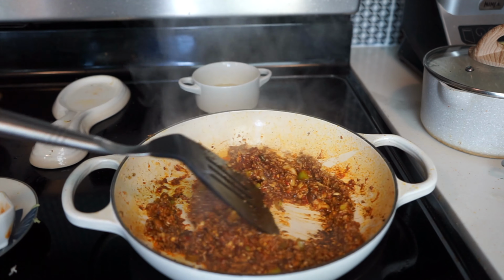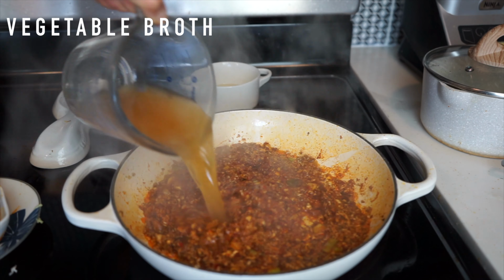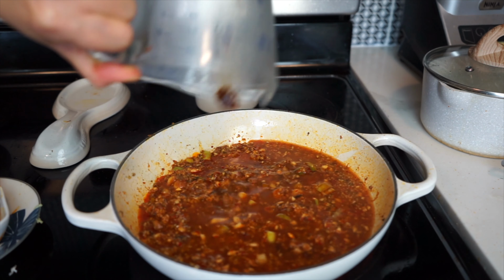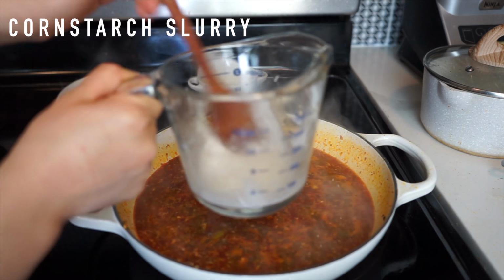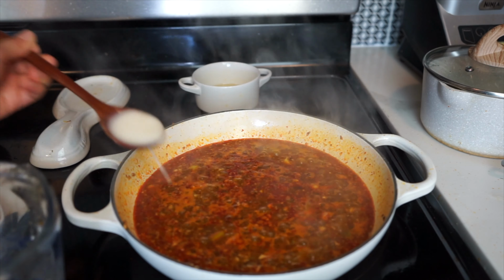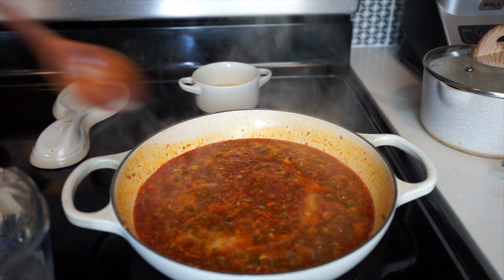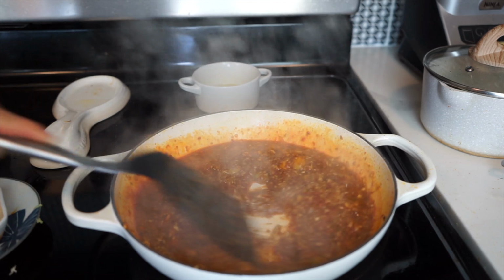If it does get a little bit too dry, you can definitely add a splash of water just to help deglaze it. And then now we're gonna add some vegetable broth, and then we're gonna wait for this to boil, and then we'll turn it down to a simmer. And then we're gonna add the cornstarch slurry, and then this is gonna basically thicken up the sauce. We want this to be like a gravy-like texture, so if it's still too watery, then we'll wanna add more